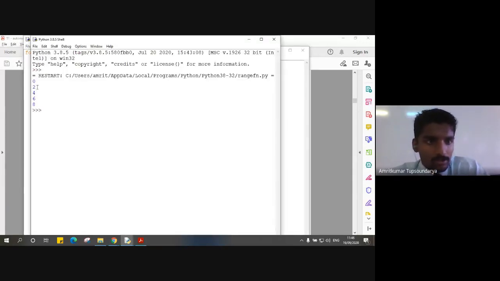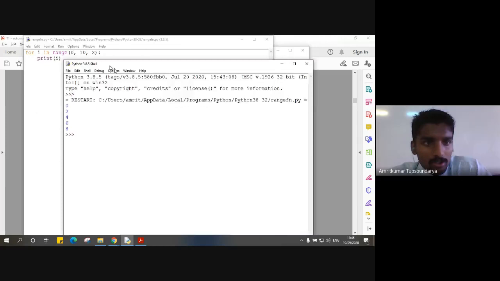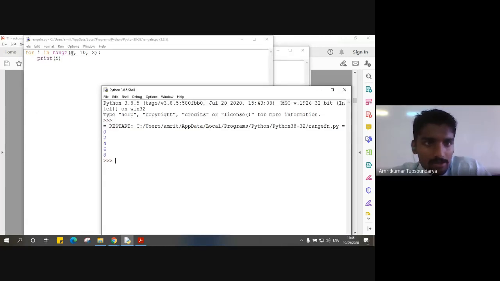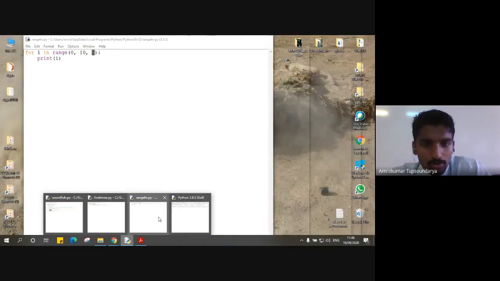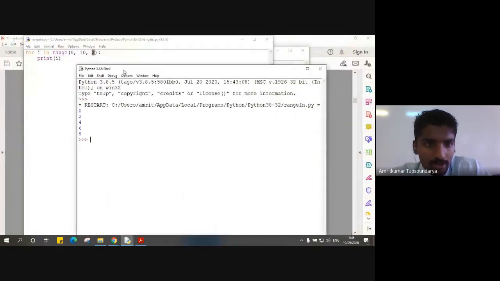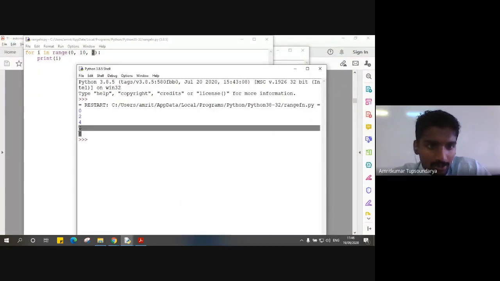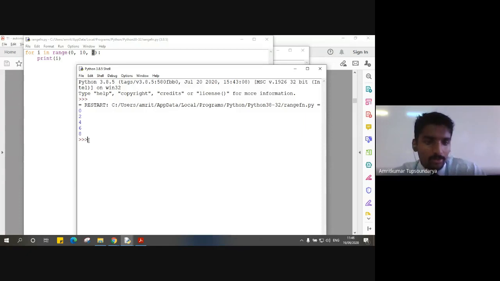When I execute this, you can see the range that we have given is 0 to 10, but the interval or the step argument is 2. So the output that we are getting is 0, 2, 4, 6, and 8, and you can clearly make out that all the even numbers are printed.